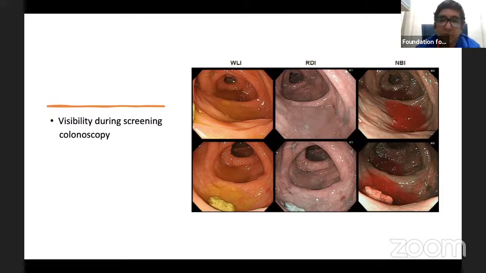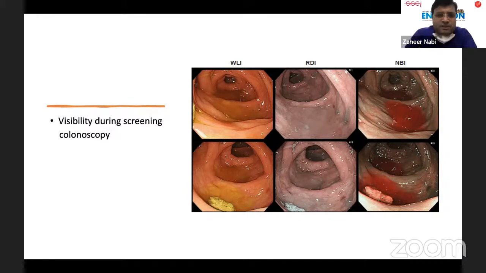And if you throw white light in the pool, everything looks red, and there is no differential color whether there is active bleeding or accumulated blood. While in RDI, the active bleeder looks orange and the accumulated blood looks yellow. So that makes some difference. Yes. So here is one potential use